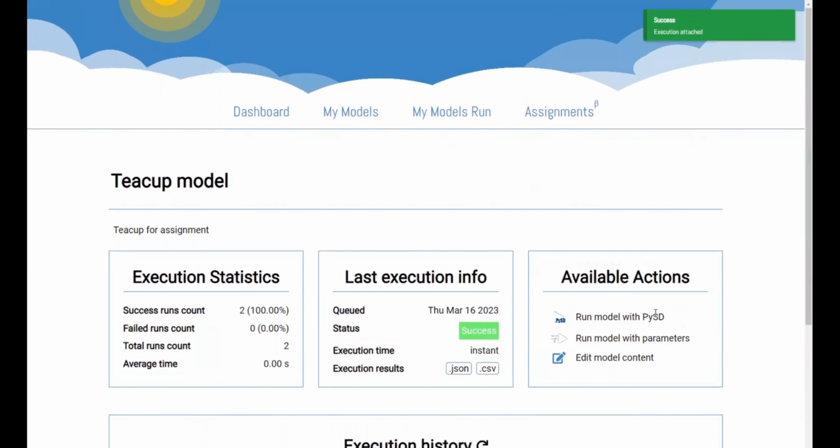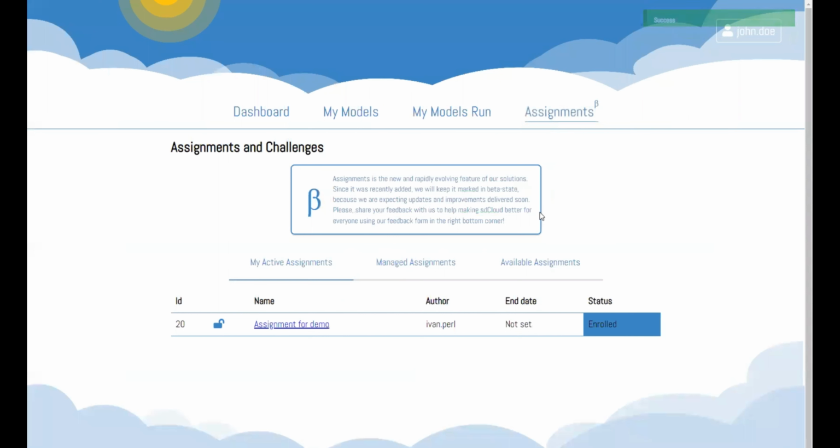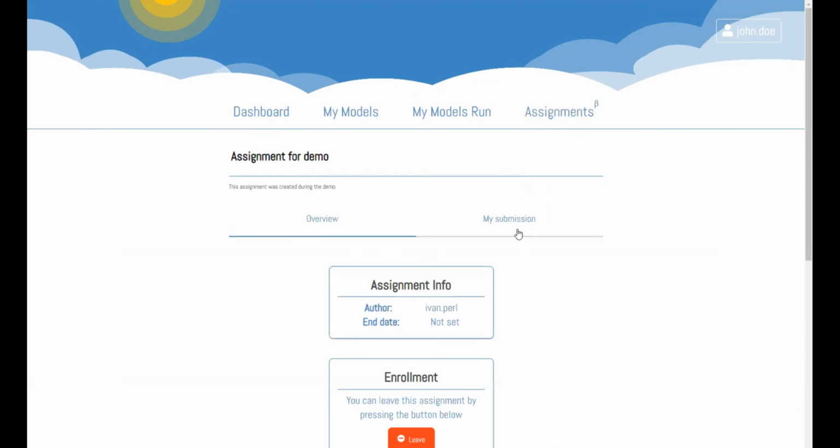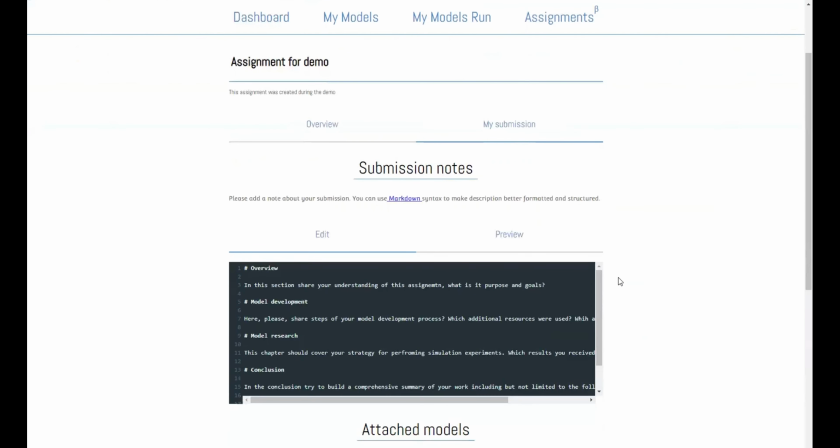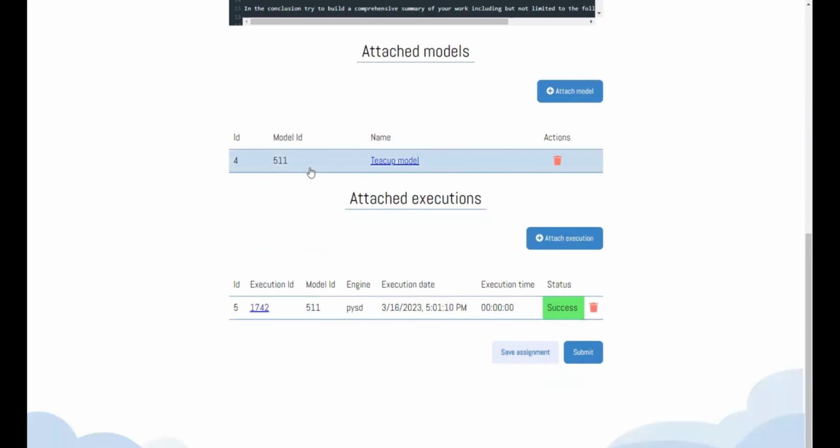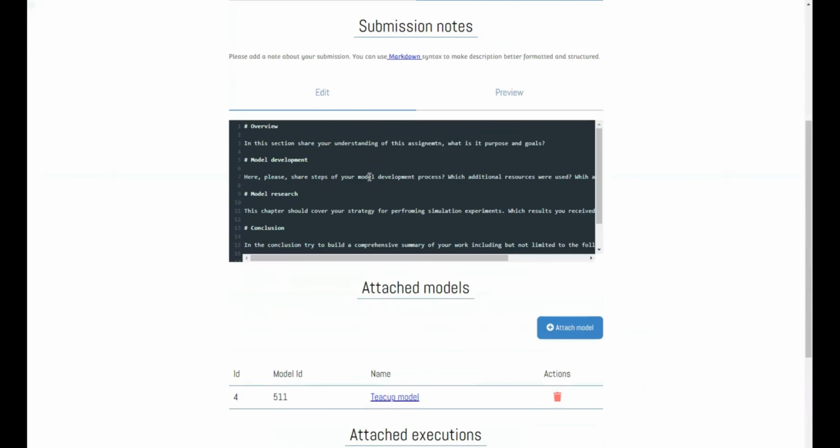Okay, so executions are attached, and if I go to the assignment demo, my active assignments is just this demo. I can just open it, go to my submission. So in my submission now, you can see that I have the model attached, and I have an execution attached, and also I can say that